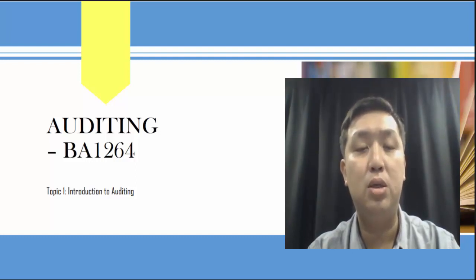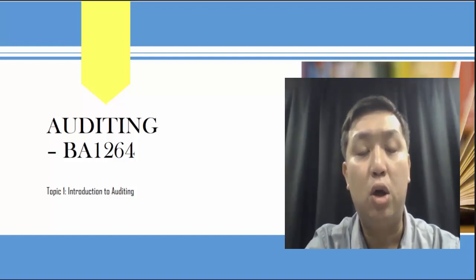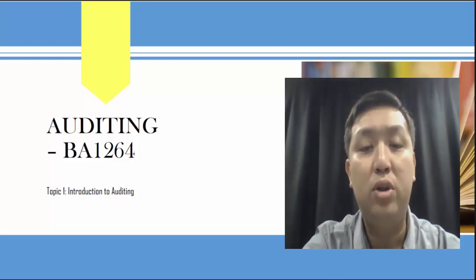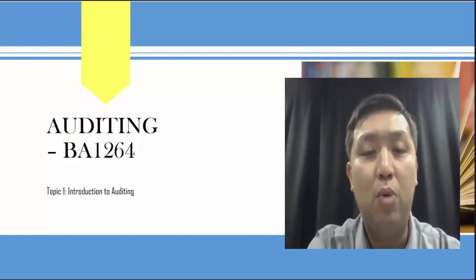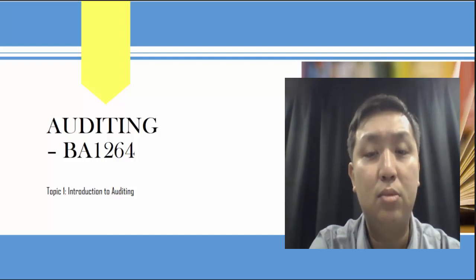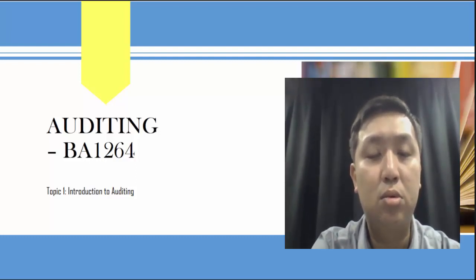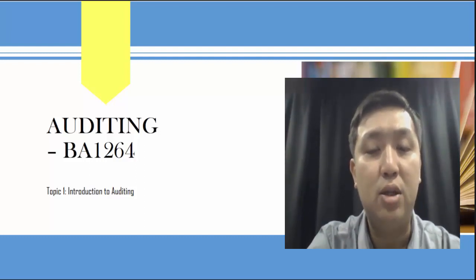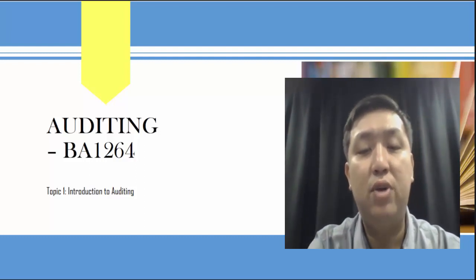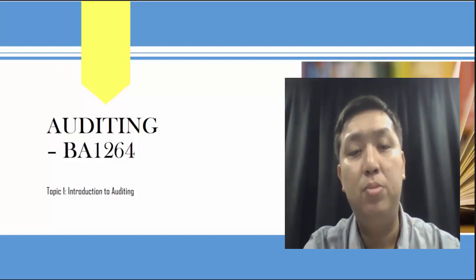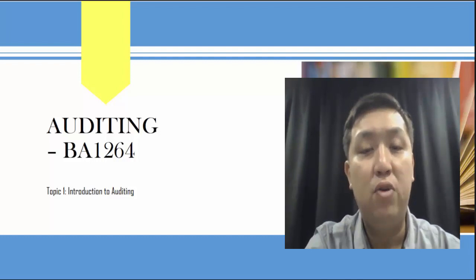Before we go into the details, let's quickly tell you that in auditing, we say that there are 4 different types of auditors. They are what we usually call the external auditors, and then we have your internal auditors, your government auditors, and then your forensic auditors. So all these different auditors perform different roles or different audit functions. And in this module, our focus is on the external auditors.